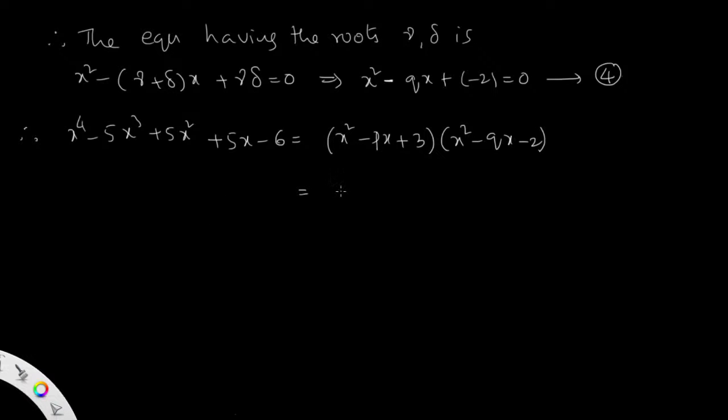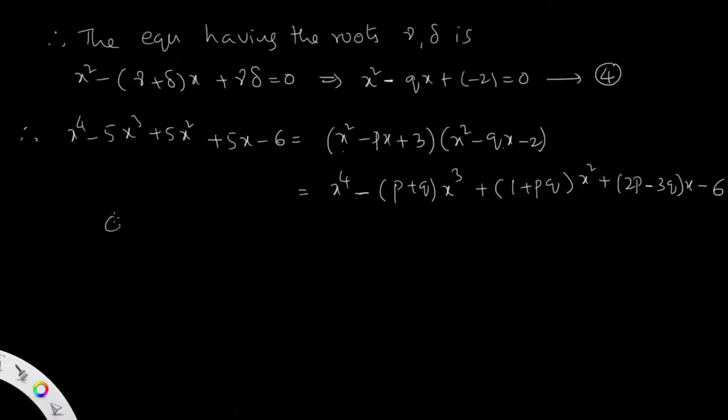Now multiply. So x to the power of 4, then x cube: that becomes minus (p plus q) into x cube, and then x squares, here x square, 1 plus pq into x square, and then (2p minus 3q) into x, then minus 6. Just multiply, rearrange, and you get this equation. Therefore, comparing the like terms,